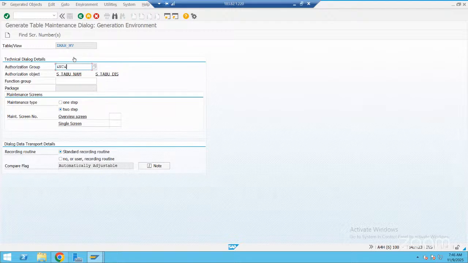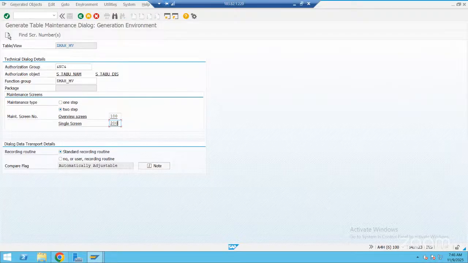Okay, now here, what is the next step we should do? The maintenance screen. So the function group, what should we do here? It cannot be kept blank. We should copy and paste this here. Right? And then step one and step two. What is step one? What is step two? That is screen visibility. Generate screens.